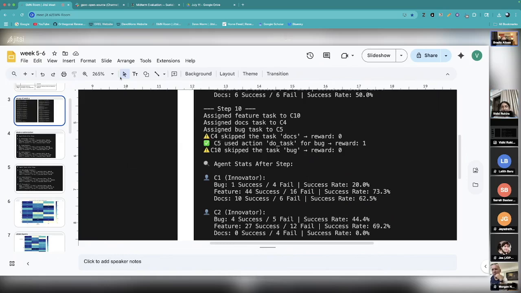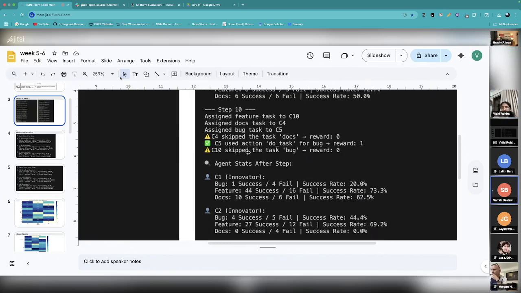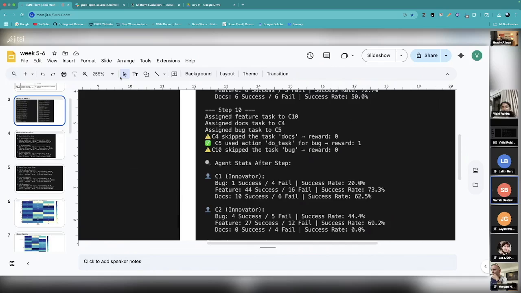Okay. So contributor does bugs, innovator does features, and knowledge curator does docs. Right, basically. And so you are defining this in the beginning only, or is it that based on the fact that they are doing more feature tasks, they become an innovator? Or you are saying that they become an innovator? I'm not saying anything. It changes.